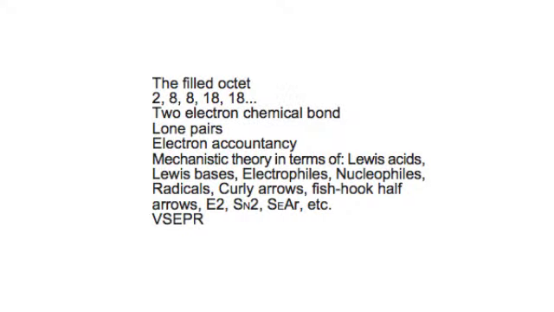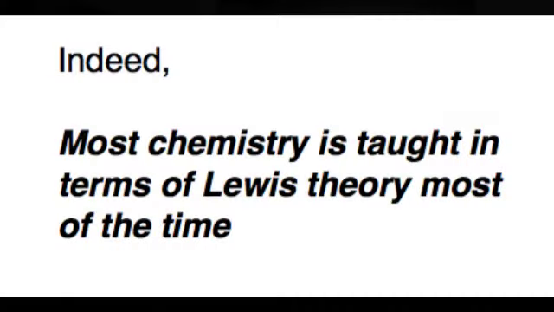Lewis theory can be greatly extended to the ideas of the outer electrons containing 2, 8, 8, 18, 18 electrons, the 2 electron chemical bonds, lone pairs of electrons, electron accountancy, reaction mechanisms, Lewis acids, Lewis bases, electrophiles, nucleophiles, radicals, curly arrows, fishhook arrows, valence shell electron pair repulsion theory, etc., etc. Indeed, most chemistry is taught in terms of Lewis theory,